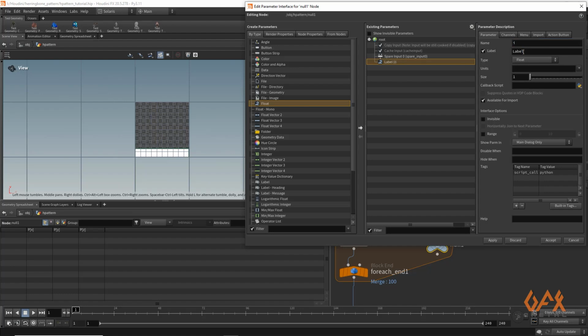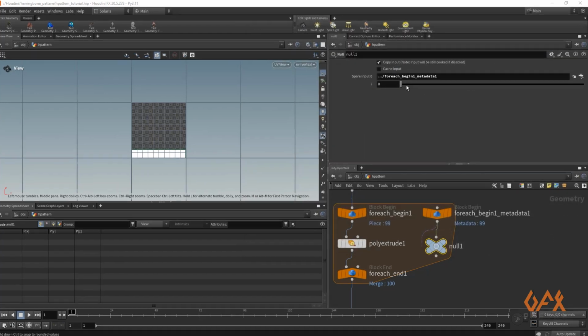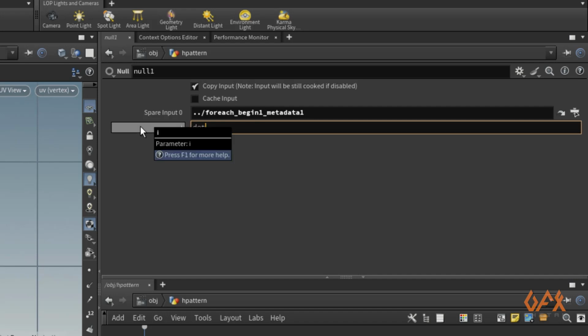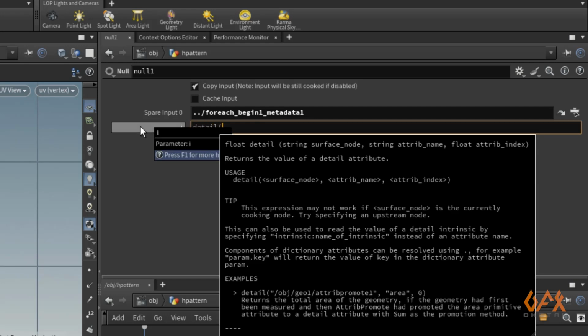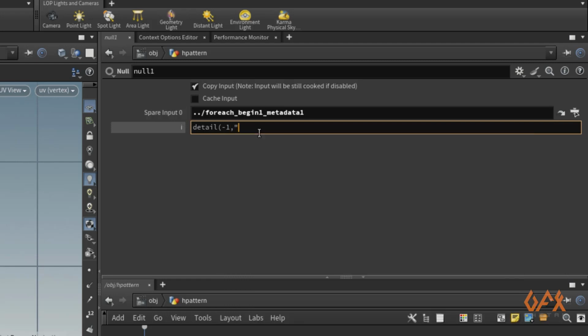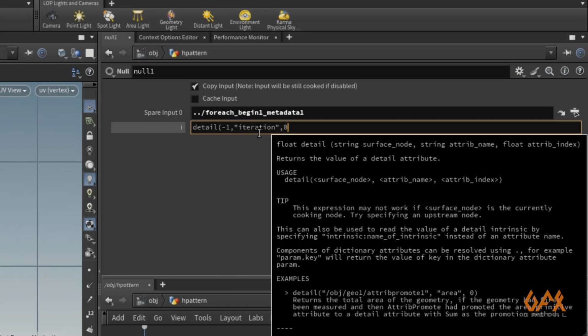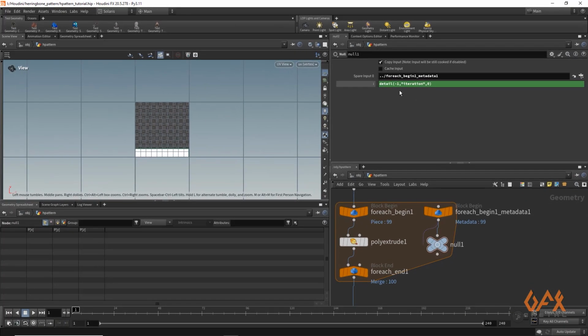For that I apply an expression, and in that I just need to call detail. That should be -1. So -1 basically calls your spare input 0, attribute iteration, and 0. Okay, so now I get this iteration information.